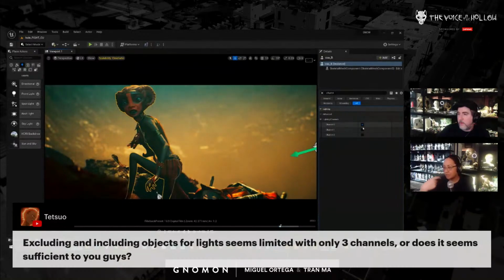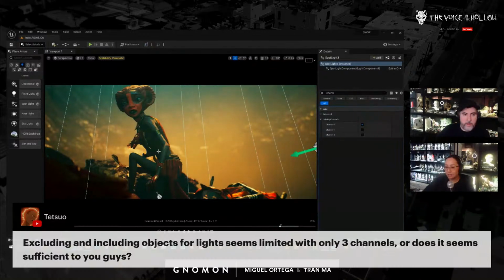Technically, if I turn off channel 0, any light that is using channel 0 should not affect the model. But it doesn't seem to really work that way. It still seems like it's affected by something. So it's not quite as solid in terms of light linking the way that we're used to in Maya. So I've just avoided using that.